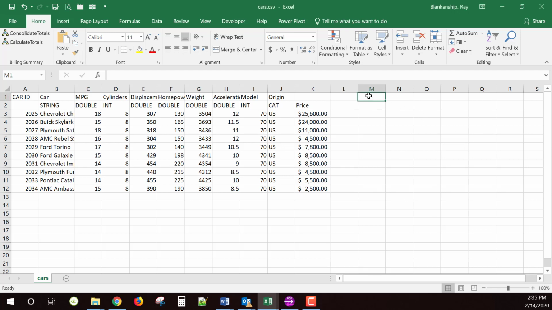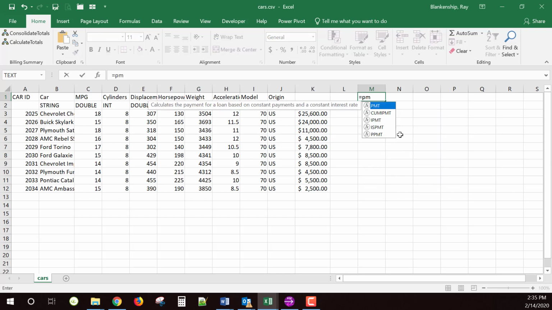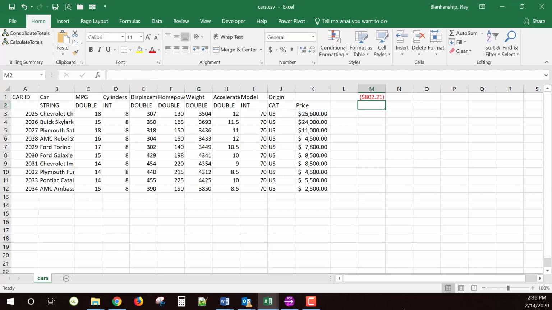And so if I just said, okay, equals, and then I go payment, and I'm going to use the payment function. First thing it says is it wants a rate. I don't have that listed anywhere, so I'll just use 8%. I want monthly payments, so I need to divide by 12. The second option is the number of periods here. I want to make that for 3 years, so that's 36. And the present value is, I'll just use a value that's in the spreadsheet, and I get